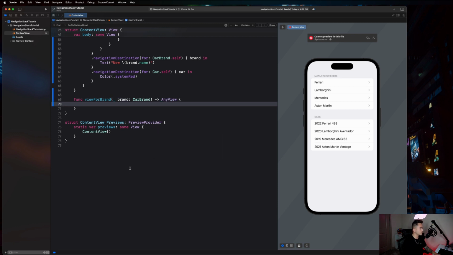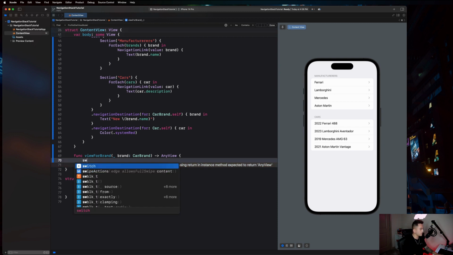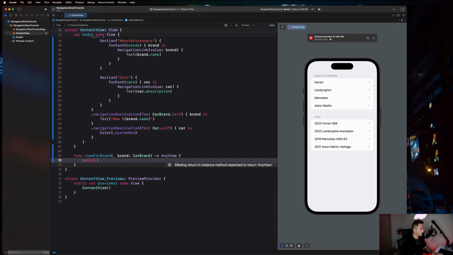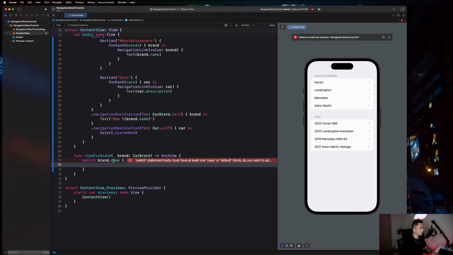Okay, guys. So basically what we're going to do here is just take a look at what brand we're clicking on and associate a different view with each individual brand. So let's just go ahead and do maybe a switch statement on this. We can switch on the brand.name. Ideally, you would be switching through some sort of enumeration, but in this case, we're just going to loop through these raw strings that we have. So we're going to say case